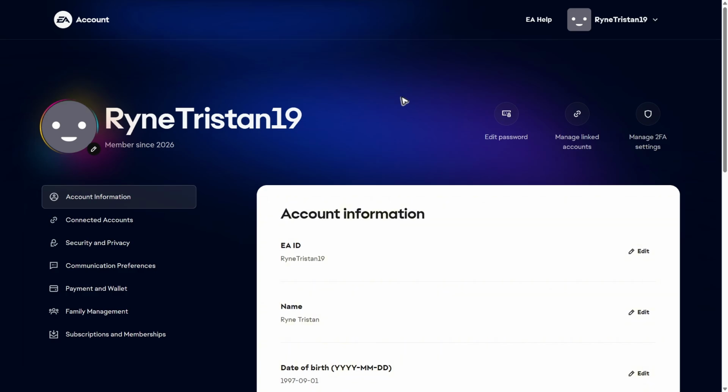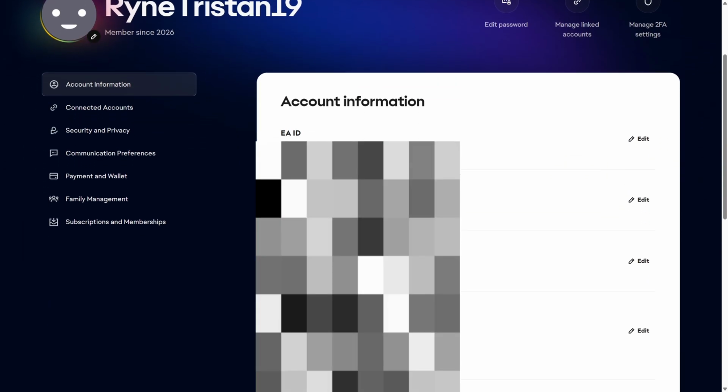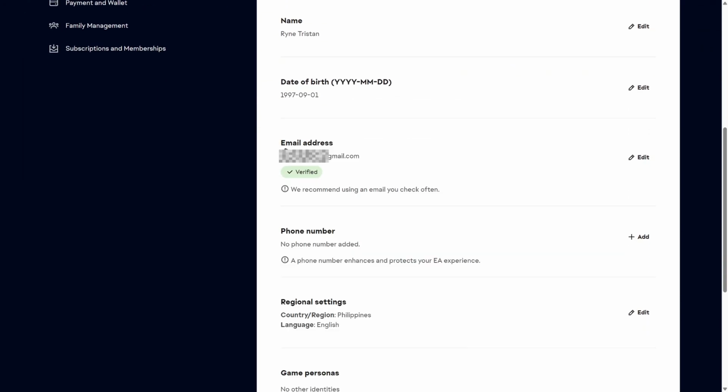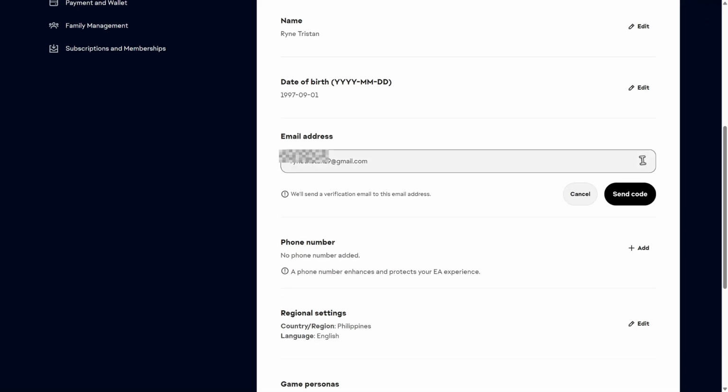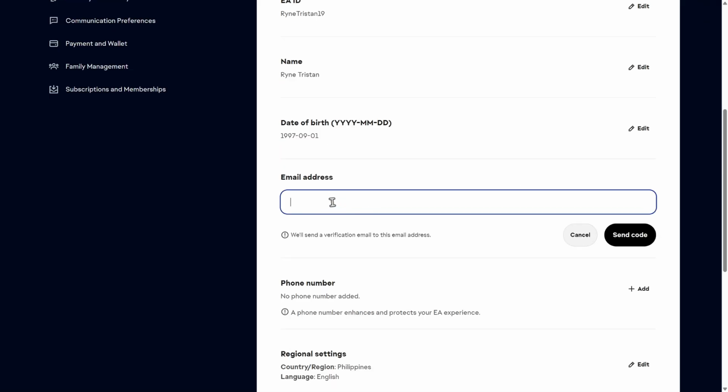So what you're going to do in here is just go ahead and click on account information. Now go ahead and scroll all the way down until you find the email address option. So what you'll do is basically click on edit right here beside email address. Click on edit. So what you'll do in this section is go ahead and enter a new email address,